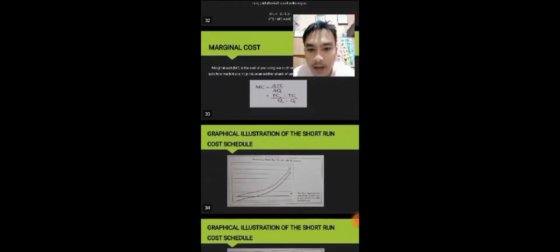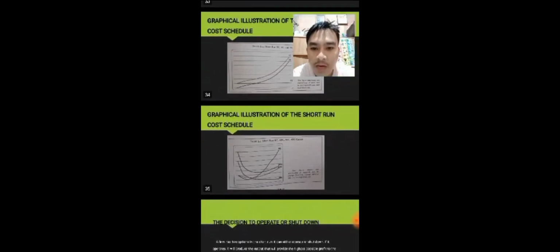So, in graphical illustration, amon siya ang graph sa mga short run cost schedule. Kibali pa ubo siya, aw pa taas siya. Then maiya improvement na nahitabo. So, the same nagyapan sa graphical illustration sa short run schedule.